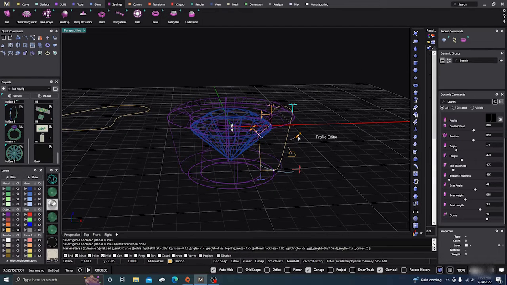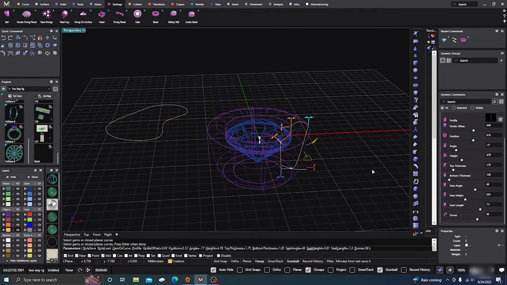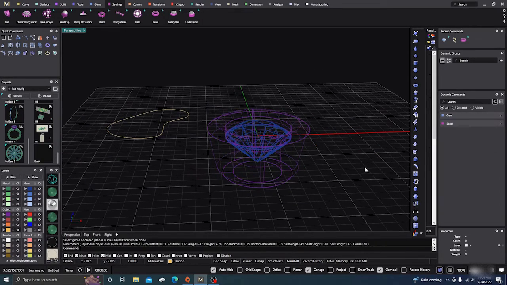Okay, and then you can also select a profile editor from here or here. Okay, or profiles here. One other thing is this dome here, right? It's always a nice little dome. You can come over here in your dynamic commands. You can lower it, you can increase it, so you can get different views from that as well. All right, and then we'll just go ahead and click enter on this one,